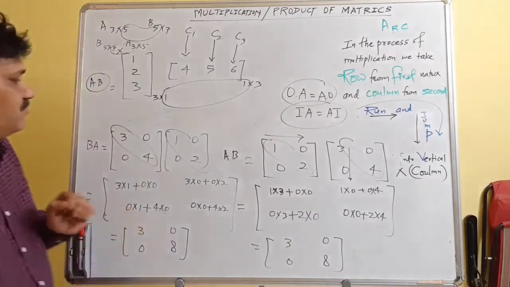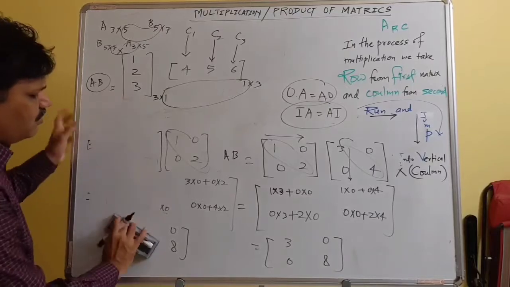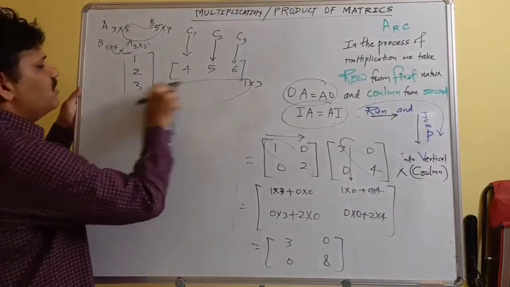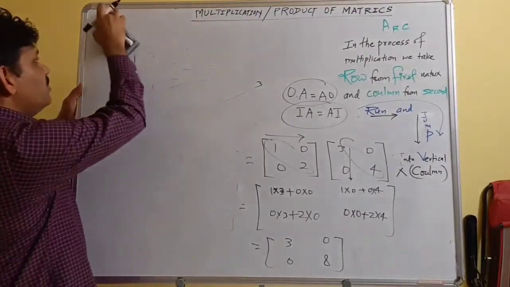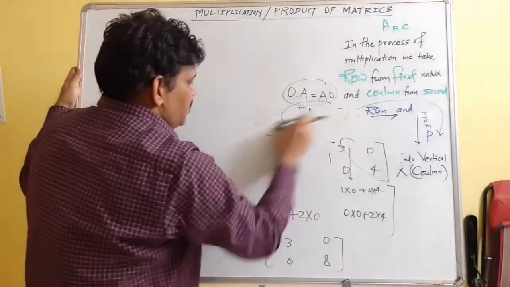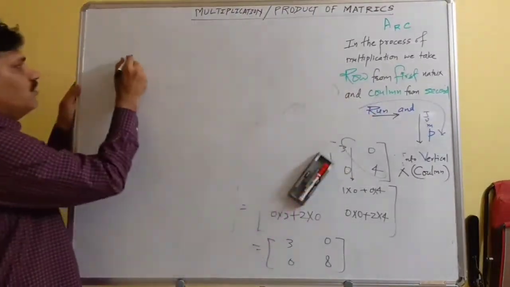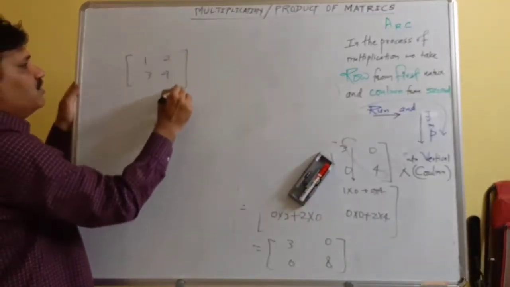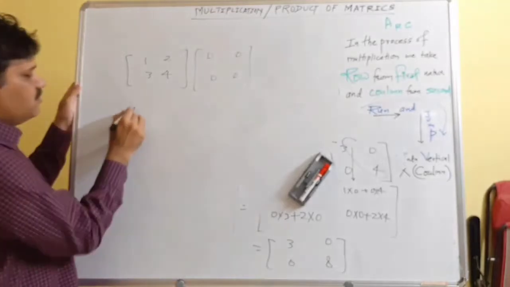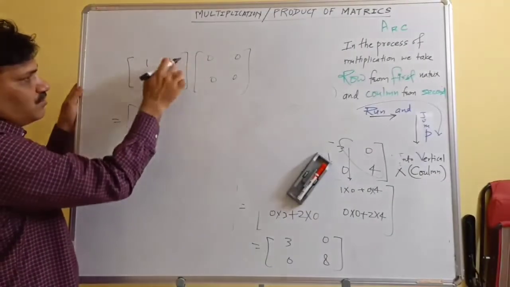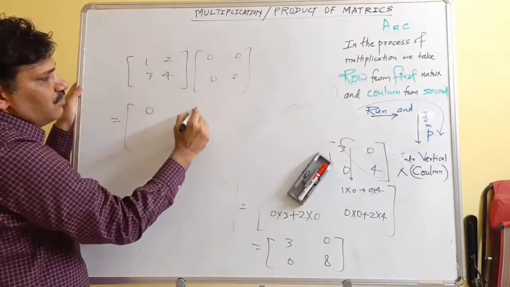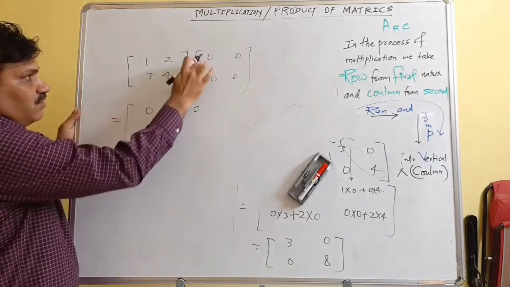One more interesting thing which we can discuss. If we take two matrices out of which one matrix is a 0 matrix, then the product is obviously going to be 0. Let's check. Let's have an example. 1, 2, 3, 4 is multiplied by a 0 matrix, 0, 0, 0, 0. How is the product being done? First row to first column. 1 into 0 plus 2 into 0, that is 0. First row will go to second. 1 into 0 plus 2 into 0, 0 plus 0.